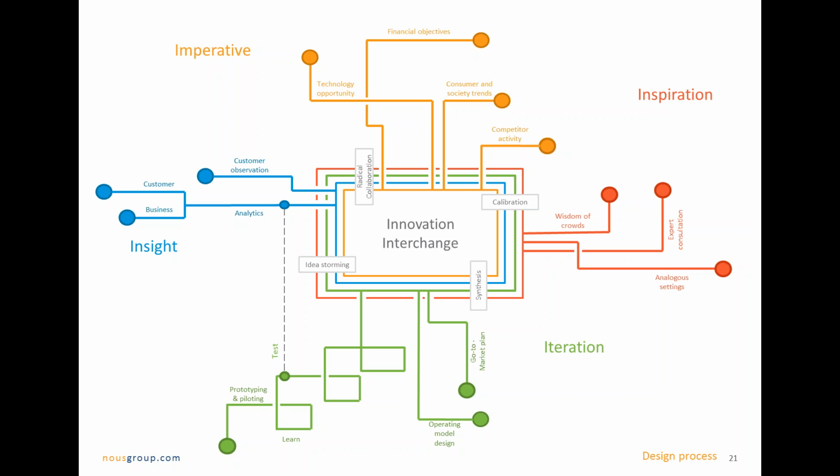But you could also start over there in the blue section where you might be talking to customers or observing their behaviour and thinking, hang on, there's something interesting here, there's a possibility that we haven't explored. And just by seeing what they're wanting and what they're doing, we can get a better idea of what we could do that's different. So that blue section is really about the way you research what customers need and want. Over to the right there, we're in the area of inspiration, which is to say that sometimes the innovation process starts with someone just having a big idea. They wake up in the middle of the night and go, hang on, I know something we could do.